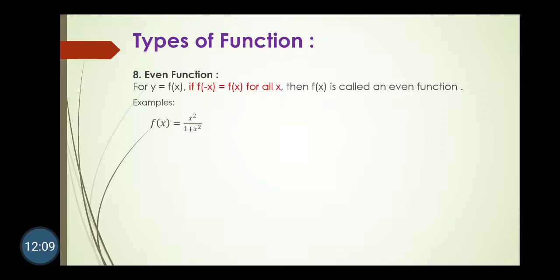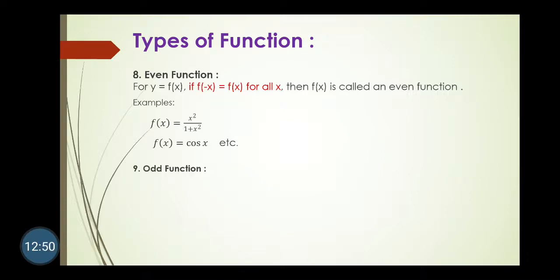So if we replace x by minus x, the even power remains same. Even power of odd function or even function, both are same. Or even power of negative number or positive number, both are same. Minus of x square is plus x square. Therefore, f of x and f of minus x are same, having same value. It's called as what? Even function. Similarly, the trigonometric function cos x is also an even function, because cos of minus theta is equal to cos theta, or you can say cos of minus x is equal to cos x. Therefore, this is an even function.